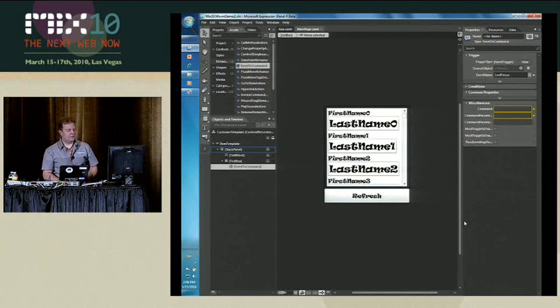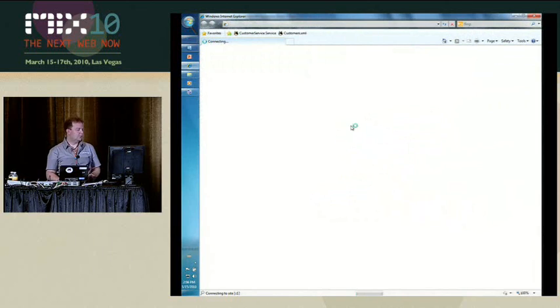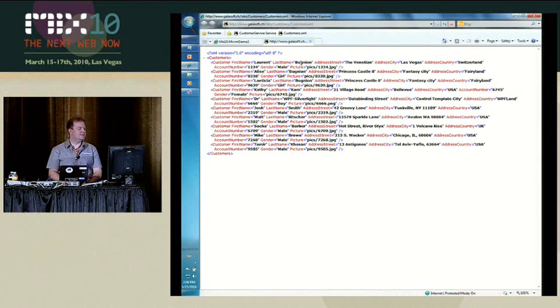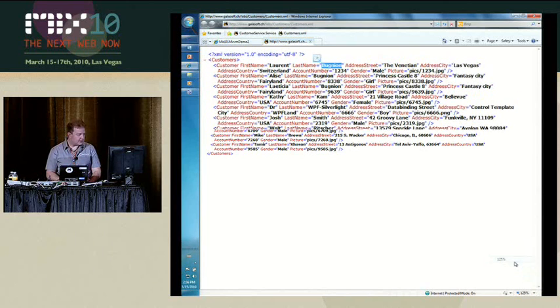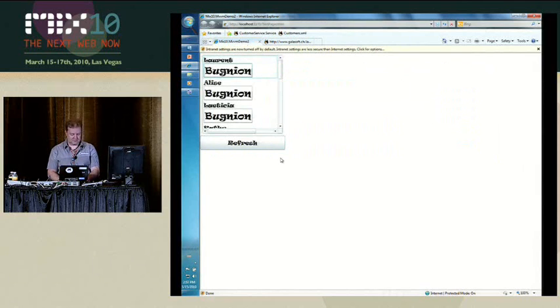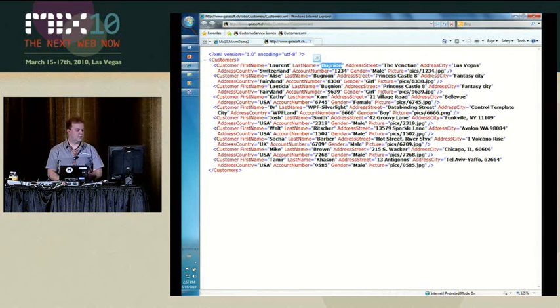All right. So now I can run my code. The cache is going to disappear when the data is loaded. If I refresh, the network is faster than at home, so you hardly see it, but it is here. Also, let me show you the XML file, which is actually my data source. And here, see that my name is set to Bunion. I think I can do that a little bit bigger. Here we go. But if I go ahead and edit the name, for example, like this, and then I tab out of the text box, we saw that there was an asynchronous operation. And now if I refresh this file,